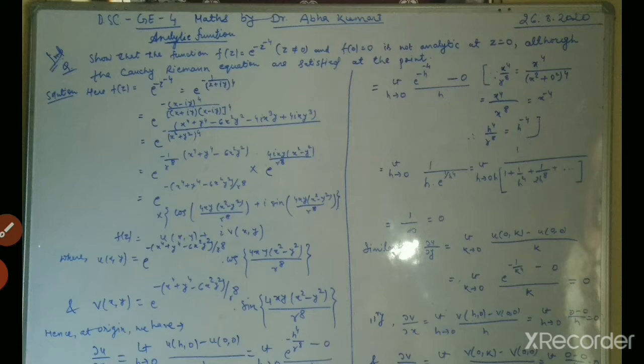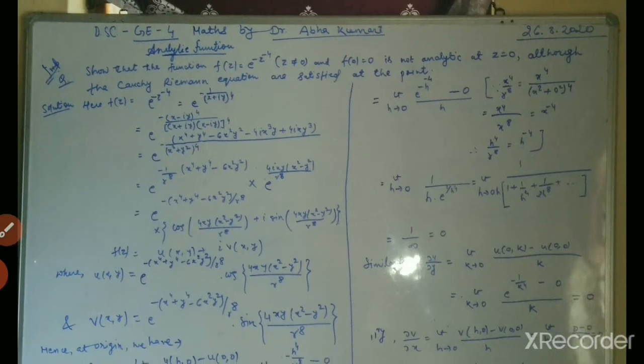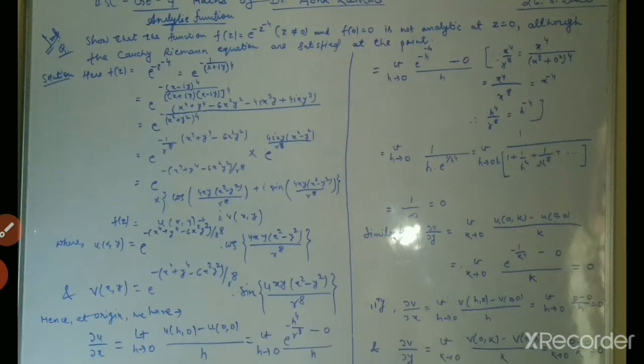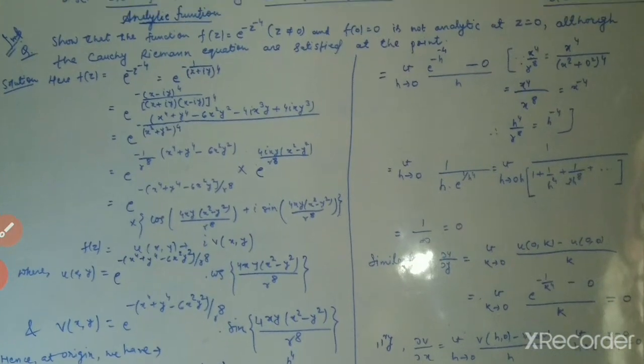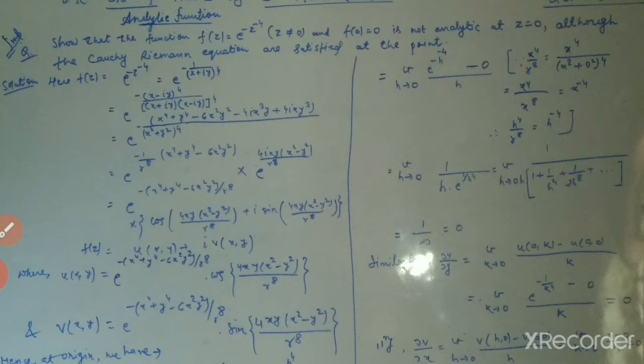Today our discussion is from the BSc General Elective 4 paper, Complex Analysis, and the chapter we have chosen is Analytic Function. In the previous lecture we have seen so many problems and theorems from analytic function. So today we are going to do a very important question from this chapter: show that the function f(z) = e^(-z^-4), z not equal to 0, and f(0) = 0, is not analytic at z = 0, although the Cauchy-Riemann equations are satisfied